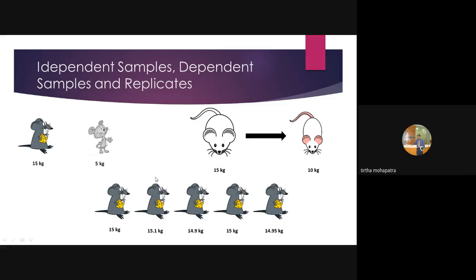No, because the character does not change actually. In one single day I cannot measure it, no? If, say, in the morning I weigh him it's 15 kg, after breakfast 15.1 kg, then in the afternoon 14.9 kg, again he has been given something to eat, it's again 15 kg, by evening again 14.95 kg. There is a difference coming between the weights, but is this difference significant? No. So this is the situation which we call replicate.